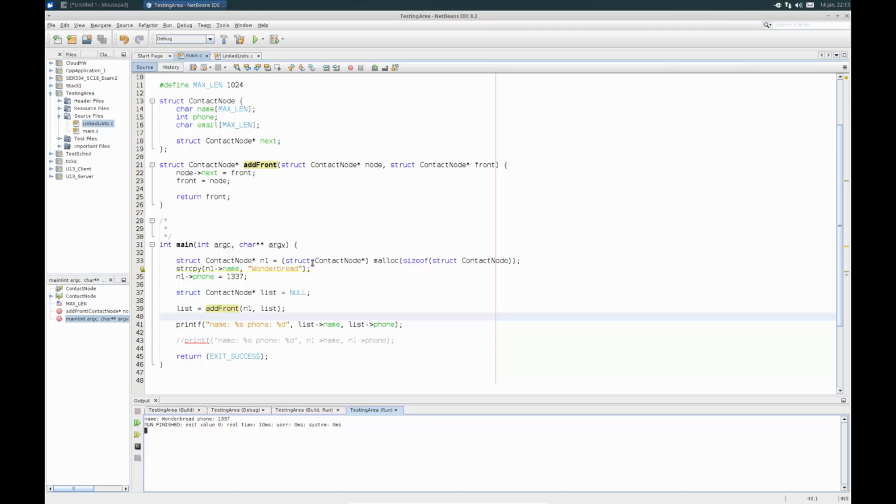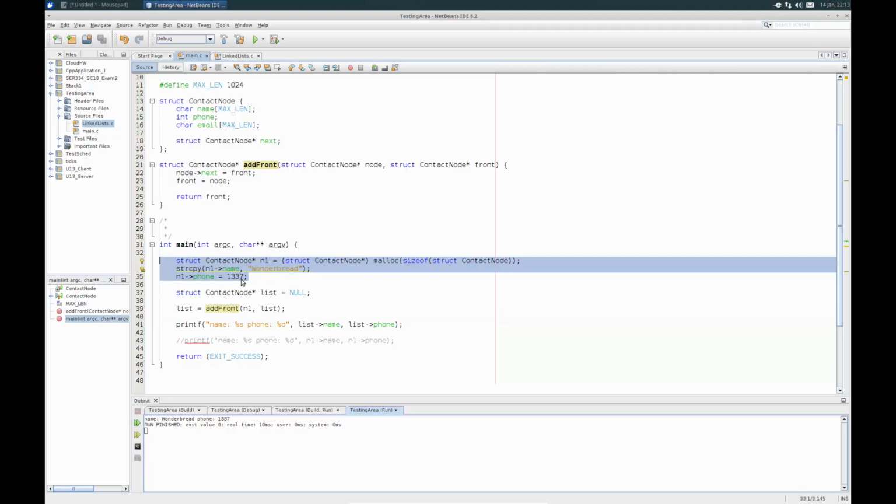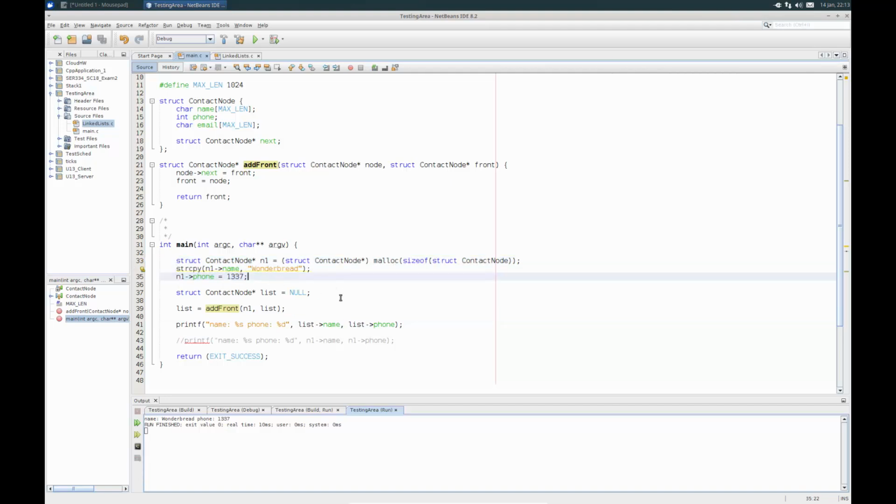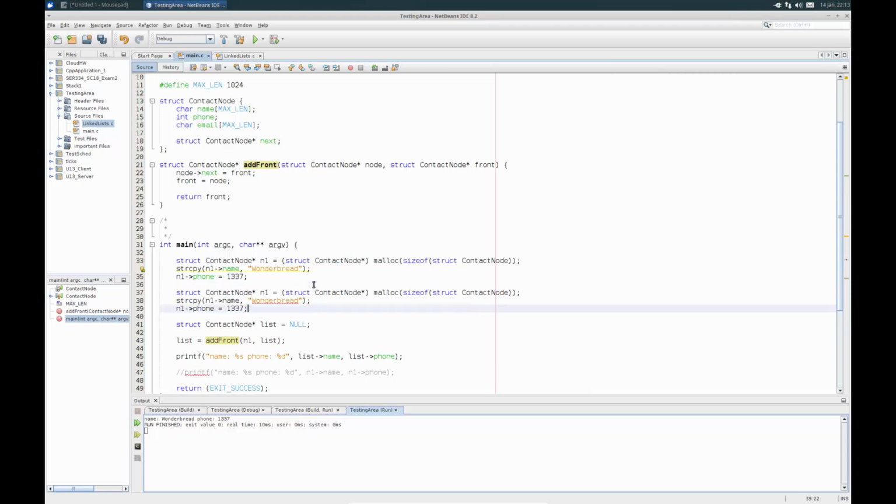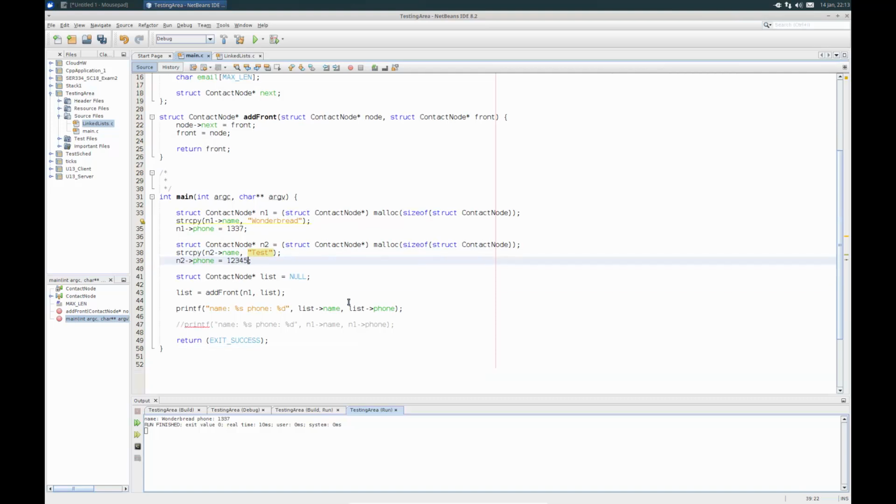Now let's actually add one more as well. So I will copy paste this. I'm going to copy paste that code over here, and we'll call this basically N2. That stuff can all stay the same. Let's see, a name. What do I want to put in? I don't know. We're going to put test because otherwise I'm going to sit here all evening trying to figure out what name to do. And we'll go for 1, 2, 3, 4, 5. All right, so that's my second node.